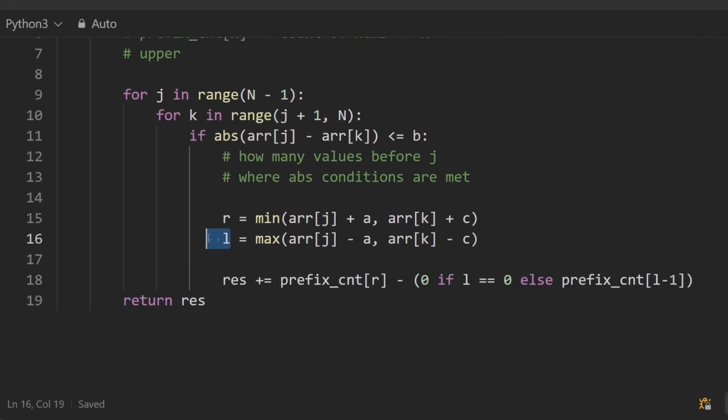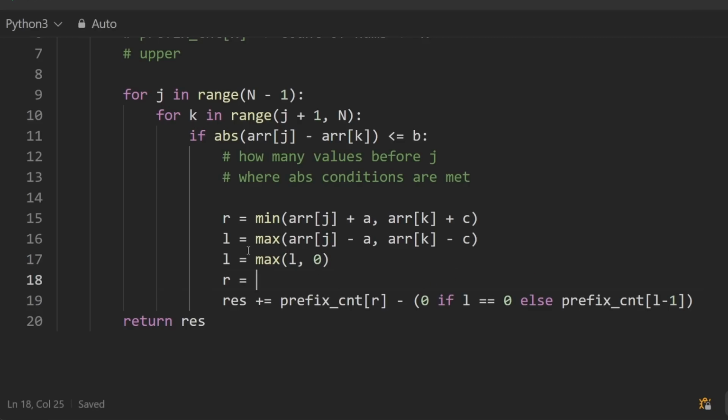First of all, L could technically be out of bounds. Like if we took something and subtracted from it, it might have gone too small. So if it's less than 0, we want to reset it. So we could say L is the max of itself and 0. So if it was less than 0, it would be updated. Same with R. We don't want it to get too big. We don't want it to be bigger than 1,000, because our prefix count array isn't bigger than 1,000, and we don't have any values in the array that are bigger than 1,000. So we can say it's going to be the minimum of itself